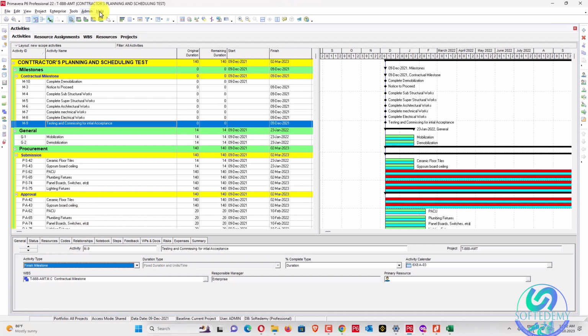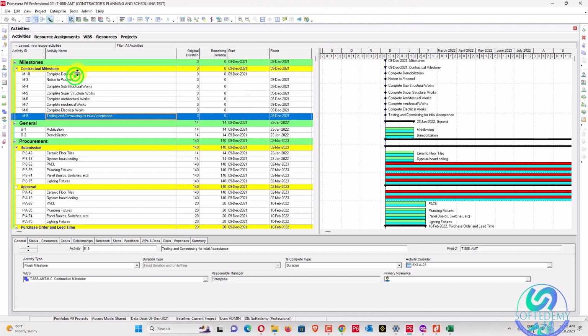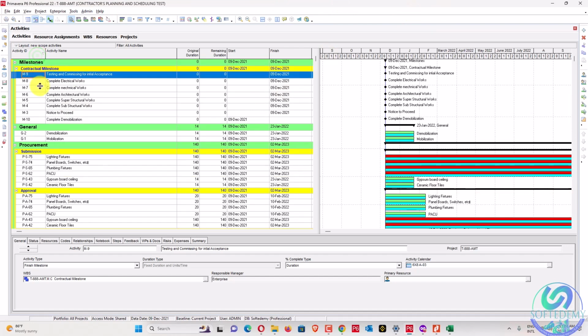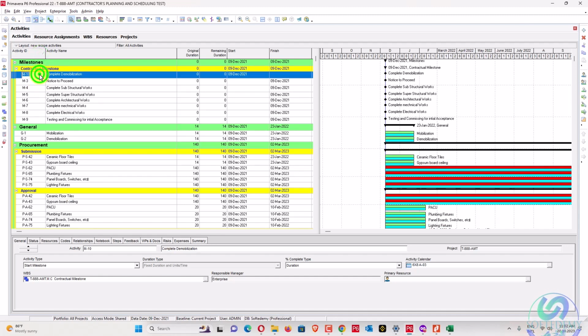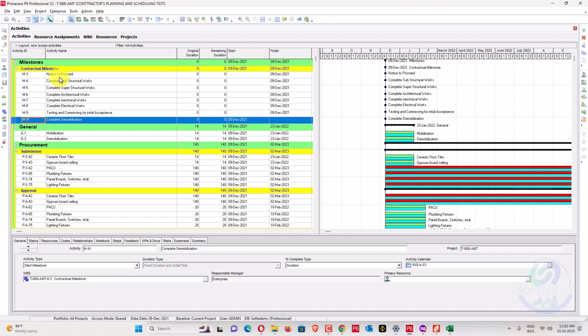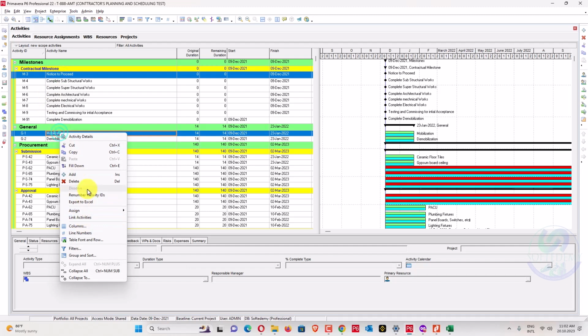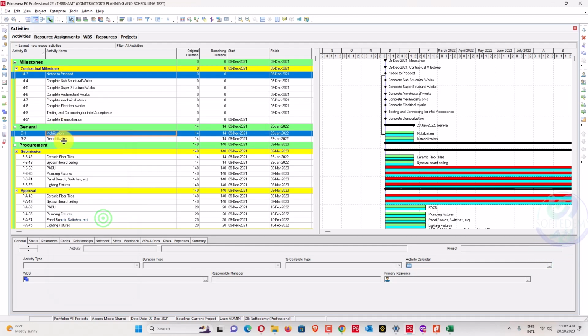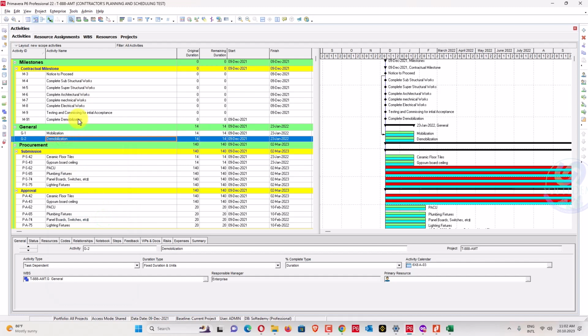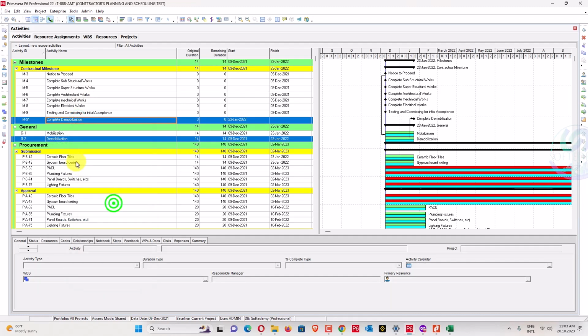And for CPM scheduling, what I will do for start, that is complete demobilization. Okay, so what was the issue? You can write 1 here also, not 10. Okay, 0 1. It can be 9 1. So this one, notice to proceed, then mobilization, link this one. Linking is very important. Demobilization, then you can say demobilization complete of mobilization, link this one.